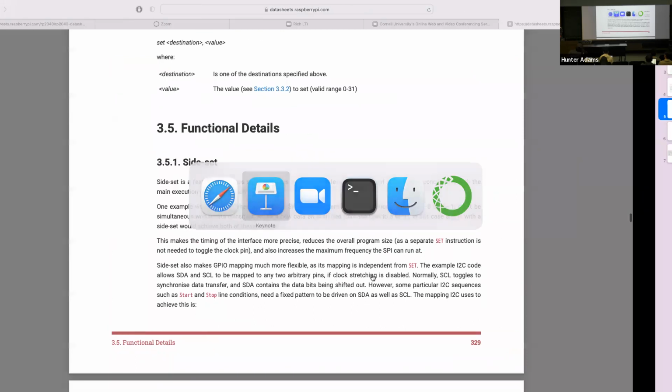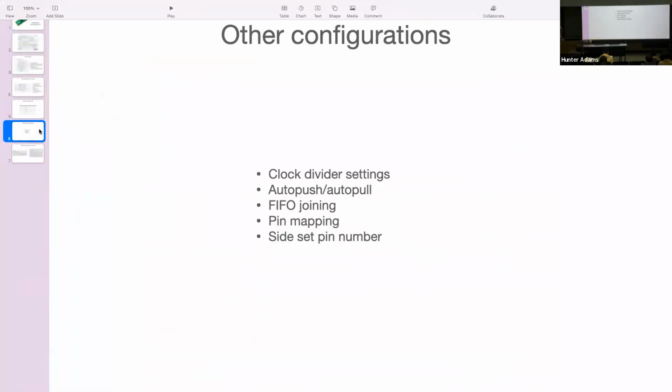So let's look at a program. I'll just briefly mention that in addition to the assembler program that you write, you also have some configurations of that program that you can make. For instance, you can configure that clock divider that I was talking about, so you can have your PIO program run as fast as the system clock. So that means for all of you, 125 megahertz. If you were to overclock the CPU to 250 megahertz, then your PIO state machines would also run at 250